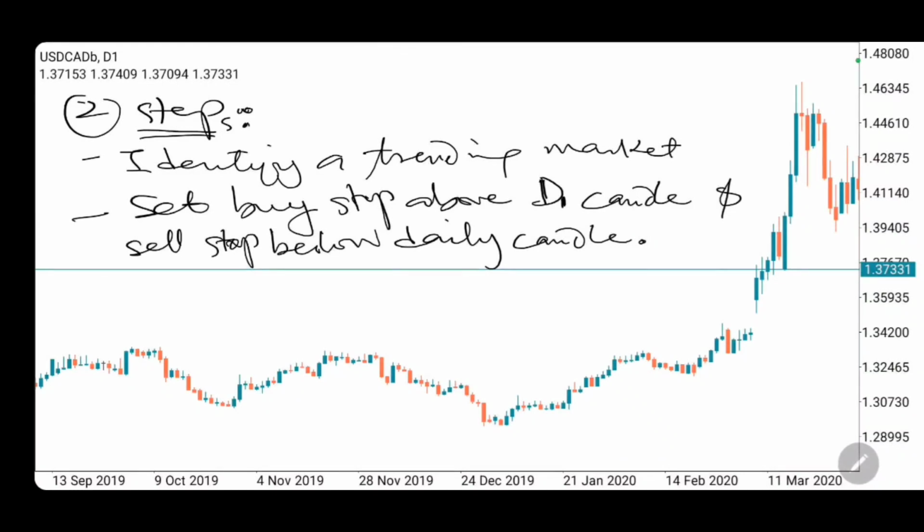You are setting your buy stop above the daily candle or your sell stop below the daily candle. The reason for doing that is so that you can catch